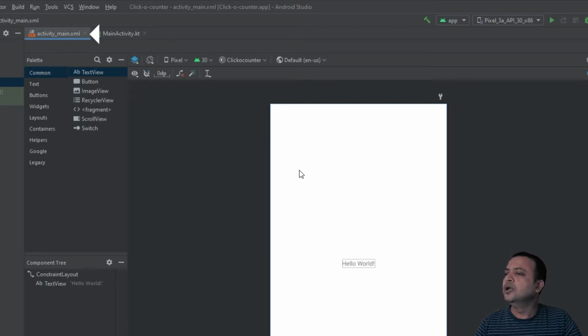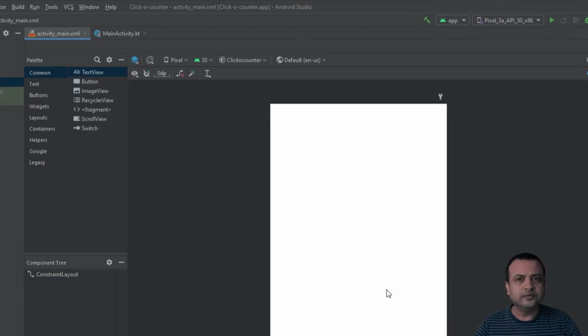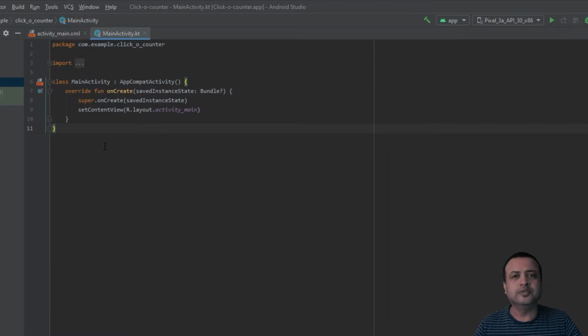activity_main.xml. Now we are in the design view, and for this video I will be focusing solely on the design view so that it is easy for beginners to understand. I will remove this default text widget so that we can work with a blank canvas. Now you can see we have an absolutely blank layout. The activity_main.xml file is the file in which we provide the layout of our application. So this is where we design the layout and this is where we interact with our application.